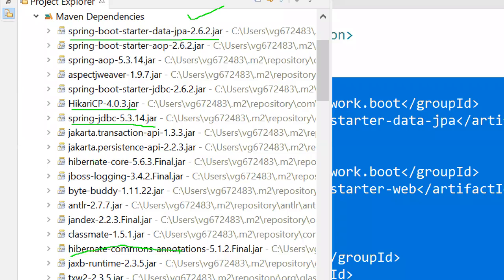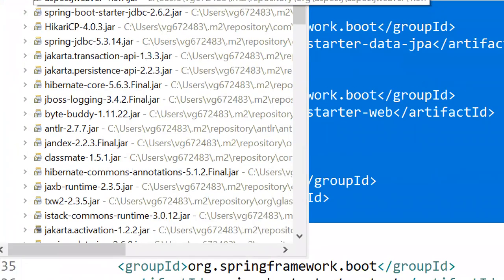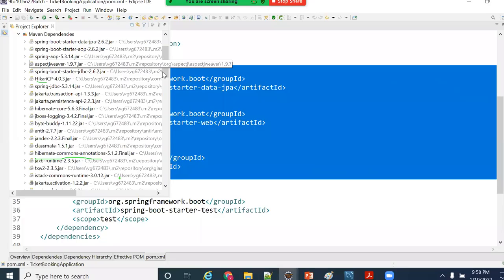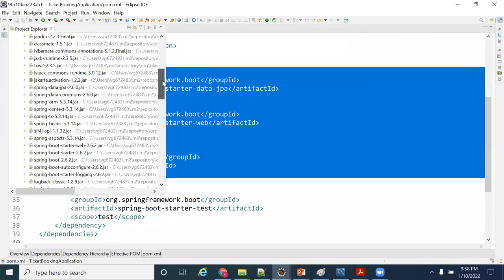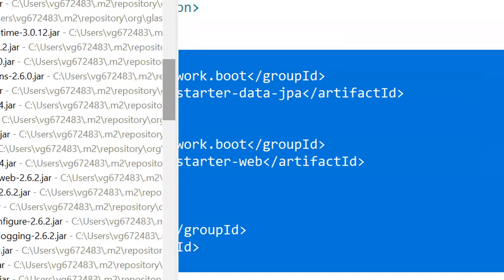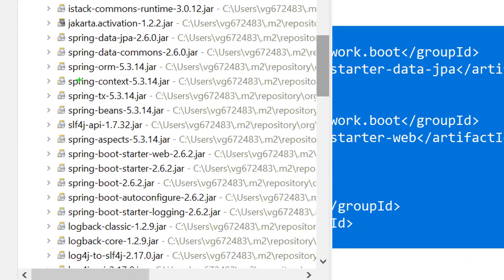Hibernate jar. You saw the Hibernate jar? Spring JDBC, JPA jars, also the H2 jar, Spring ORM, Spring Data JPA.